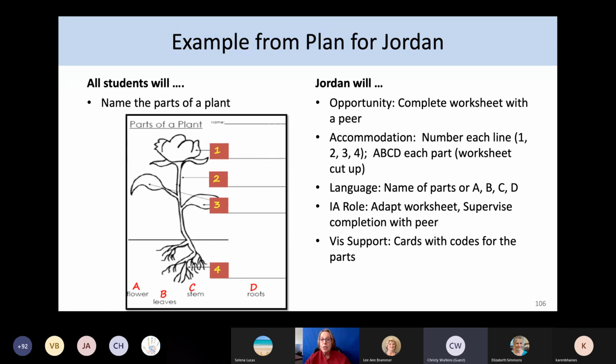And then he's going to do a worksheet. All kids are going to do a worksheet. And in this worksheet, we really didn't care that he had the words flower, leaves, stem, and roots in his system. But to redeem his time, we just modified a worksheet. He knows this strategy very well. This is our standard worksheet strategy with him, that the teacher will number each line and each part. And then when she says, okay,